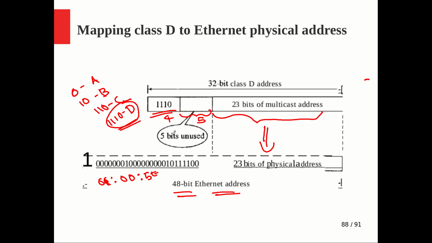Now you will be thinking, what about these 5 bits? That will be unused, and there is a problem also because of this, because for this 5 bits there are 32 combinations that can map to the same 23 bits. So these 5 bits are supposed to be 0. If it is not 0, it may create some confusion. That will be handled in a different way. I'm not going to that level. If you are interested, you can read the textbook and you will understand. For the time being, you can assume that it is 000 for a valid address, and these 23 bits will be copied as they are. Otherwise it may create a confusion, and it is to be resolved in a different way.